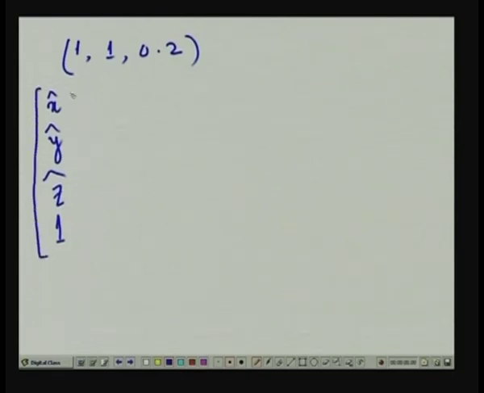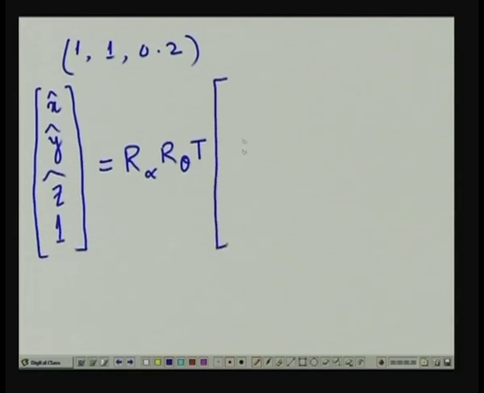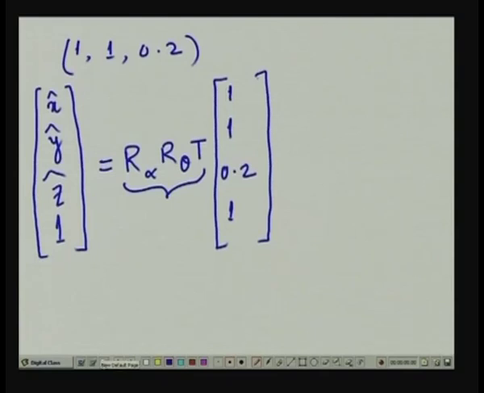So, it will be r alpha, r theta, then t, and the original world coordinate 1, 1, 0.2 and 1 in the unified form. Now, if I compute this r alpha, r theta and t using the transformation matrices that we have just derived,